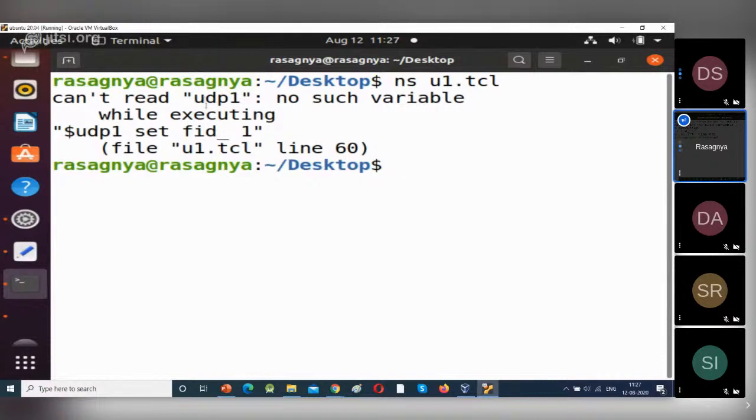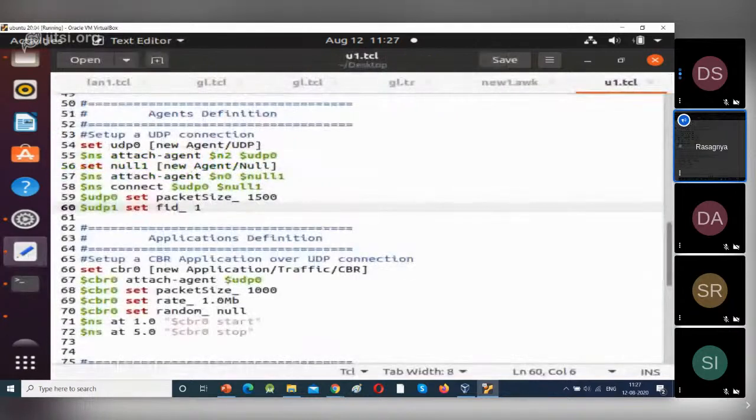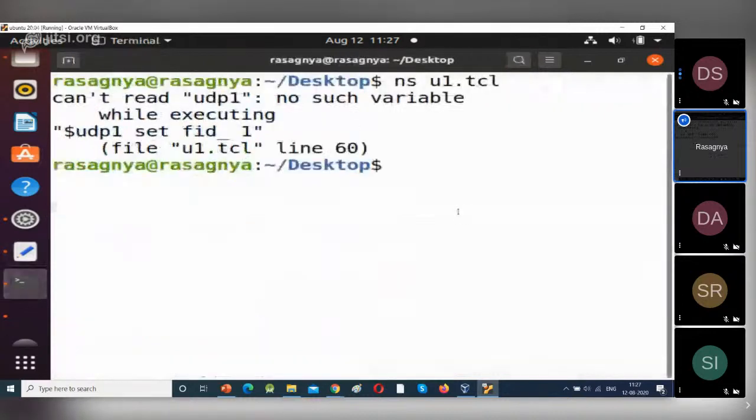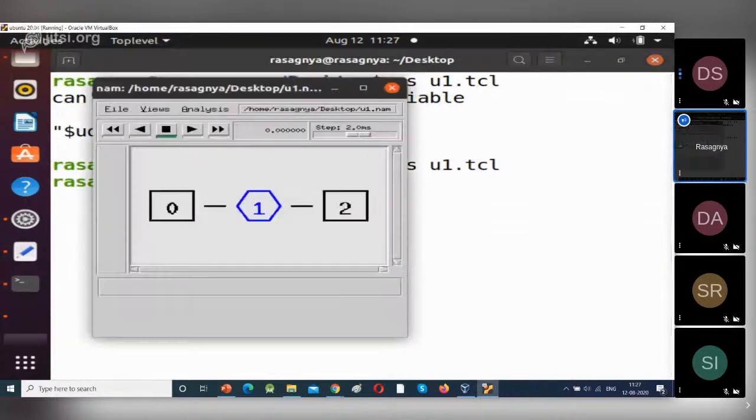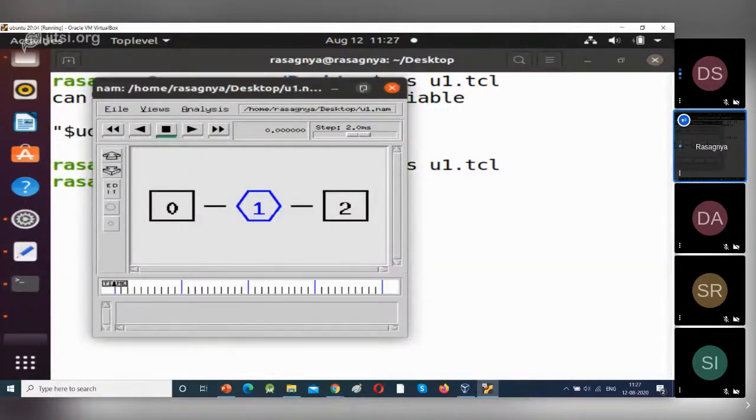So that's why you have to give the same agent name. We have created UDP0, so the same name should be given here: UDP0. Now save the file, open terminal and execute ns u1.tcl. Enter. We did not get any errors.